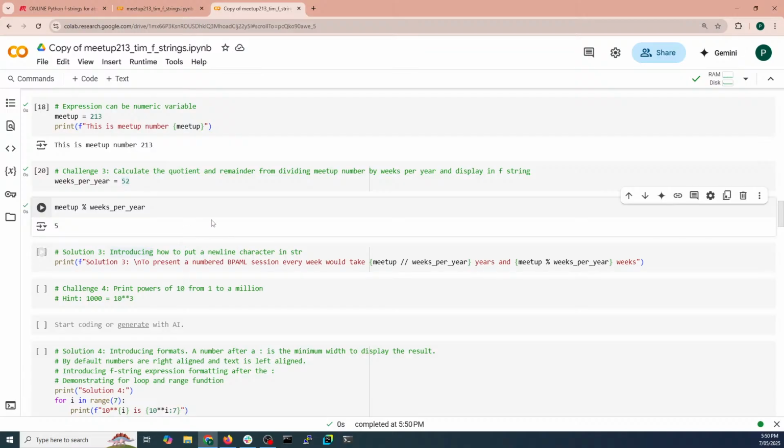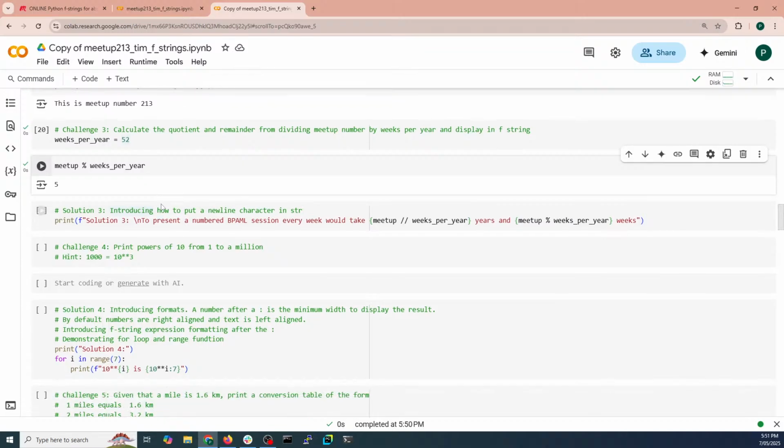So how do we put those expressions into f-strings? Let's look at the solution down here. Actually, I'll do it here in our cell that was left for us. So we're going to print the f-string. The f-string is going to